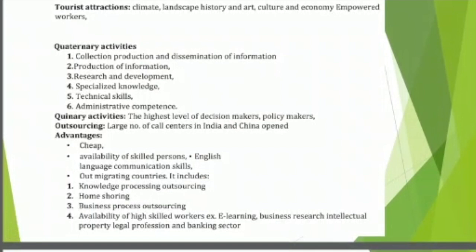So this is all about some of the important factors which attract tourists and